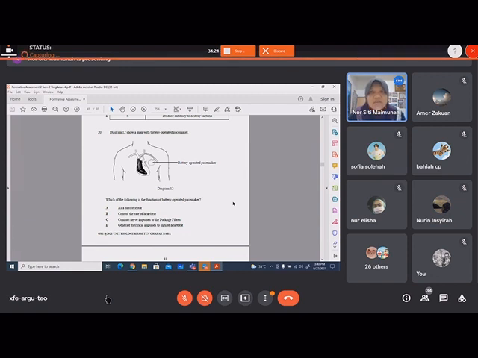So as we know, the pacemaker is a group of specialized cells in the right atrium of your heart. The pacemaker, or its proper name, the sinoatrial node, the SA node, will generate electrical impulse that will stimulate the heart beating. So if an individual has damage to their SA node or their pacemaker, or in Malay we call it a perentak,